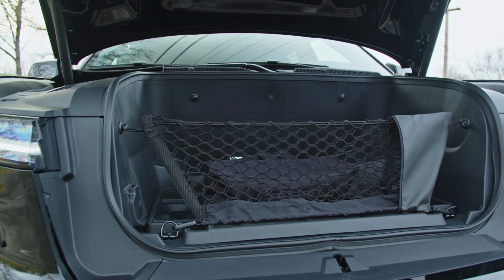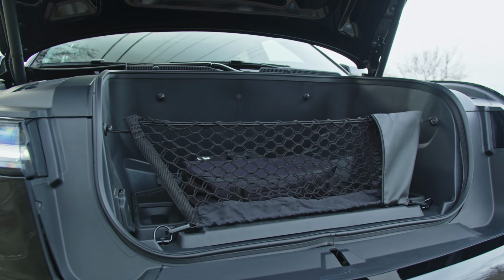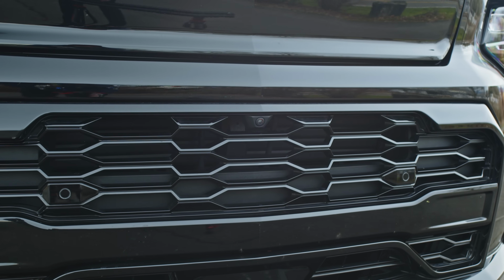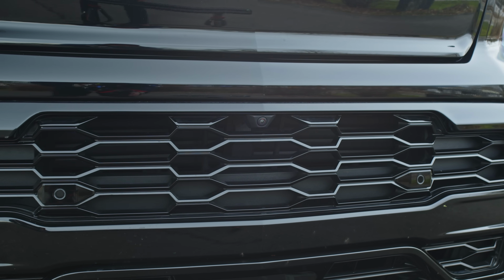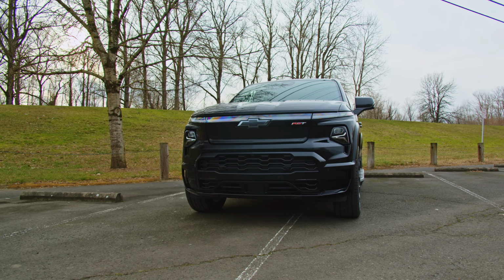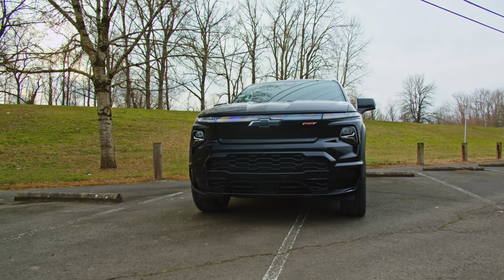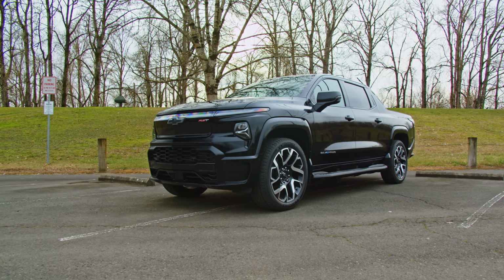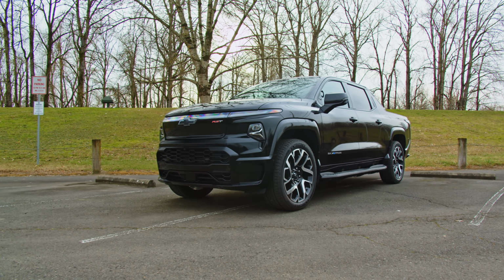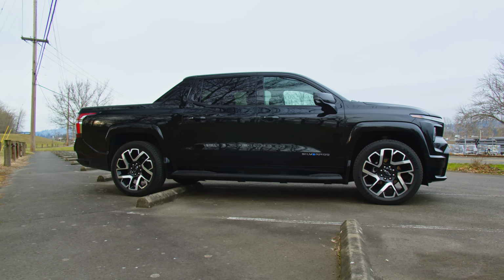Yeah. And if you want the performance of a Hummer EV, which is ludicrous and over the top, this is maybe an option for you. I could see if you wanted the acceleration, if you are a performance enthusiast, this is probably a better pickup truck for you than this. And I think also, if you live in a city and you're going to buy a pickup truck, please don't. But if you live in a city and you're going to buy a pickup truck as your lifestyle vehicle,